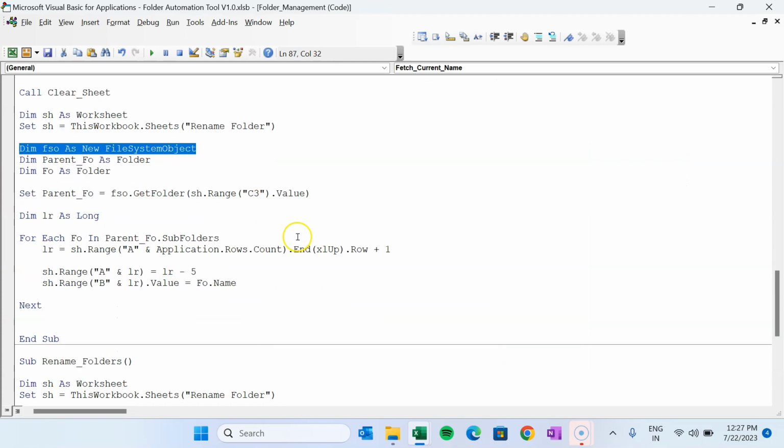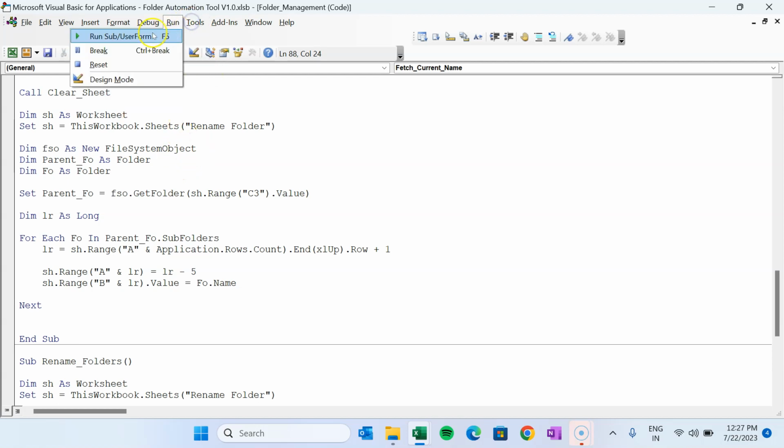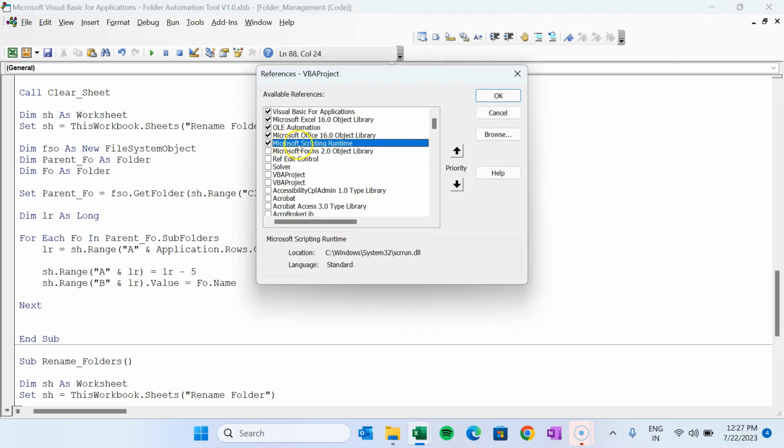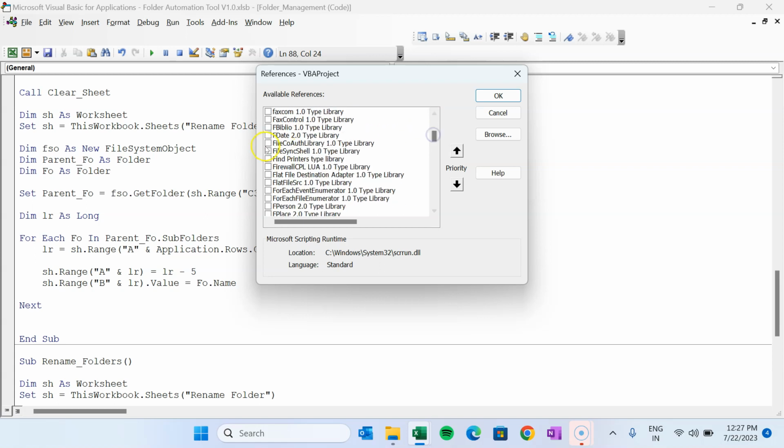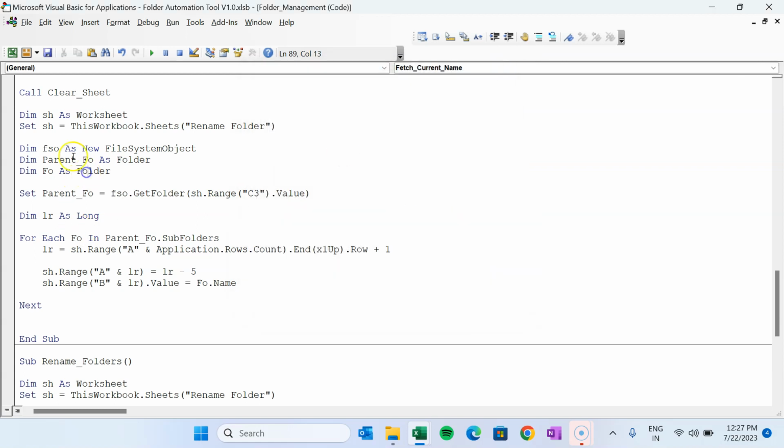Then we are using here file system object, and to use the file system object we have to add a reference in the tools and go to the references, and here we have checked this Microsoft Scripting Runtime. You can search it here and just check that. Then we are using here dim FSO as new FileSystemObject, and we are taking two folder variables, dim